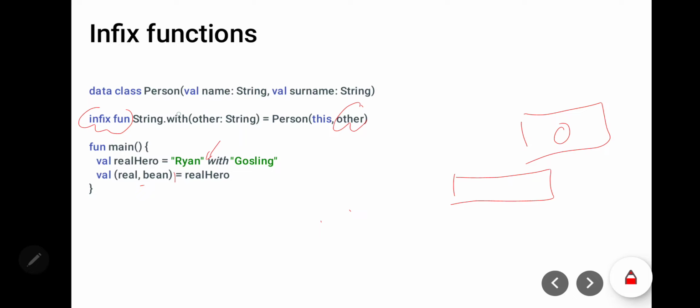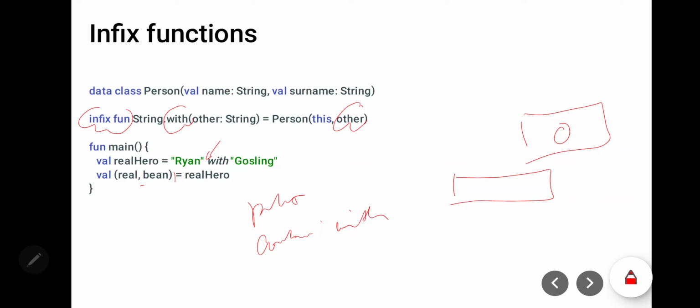And in here, in this example, you use the function with, and in another example you can use a function plus, combined with, and others.